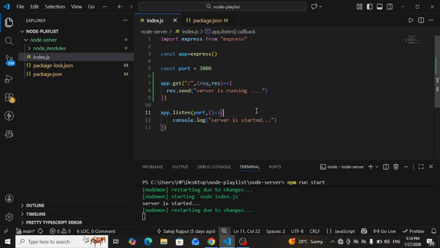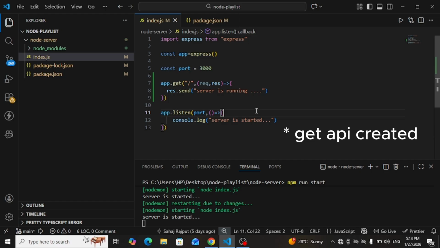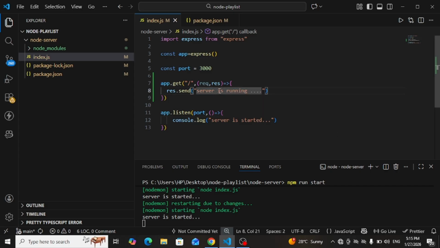So that's it, we have created our first GET API. Here slash is our route, also known as the root route. Inside app.get we get request and response. The request contains the request data and res is used to send a response back to the client. Here I am using res.send to send a simple message.